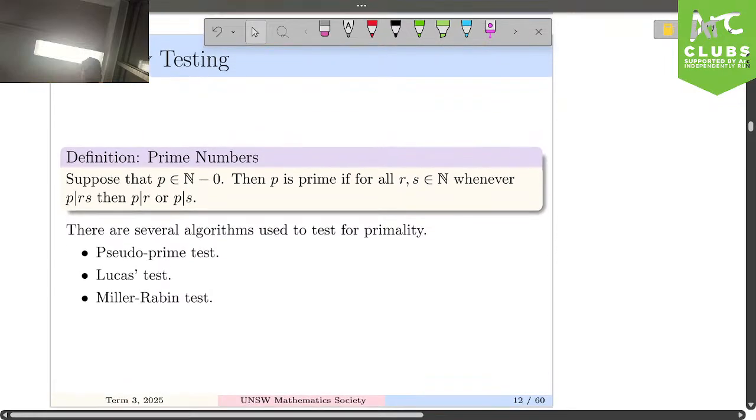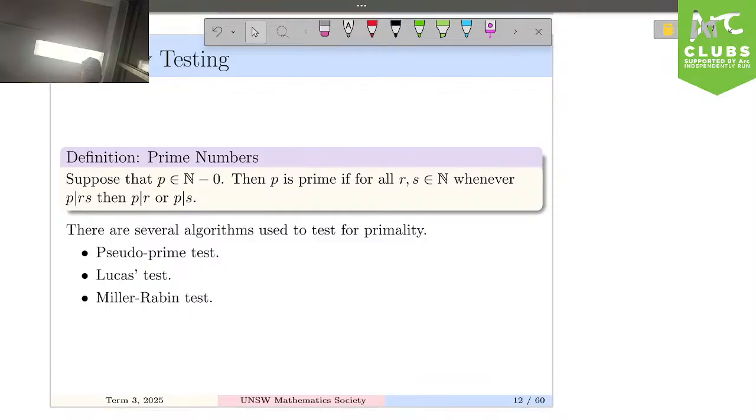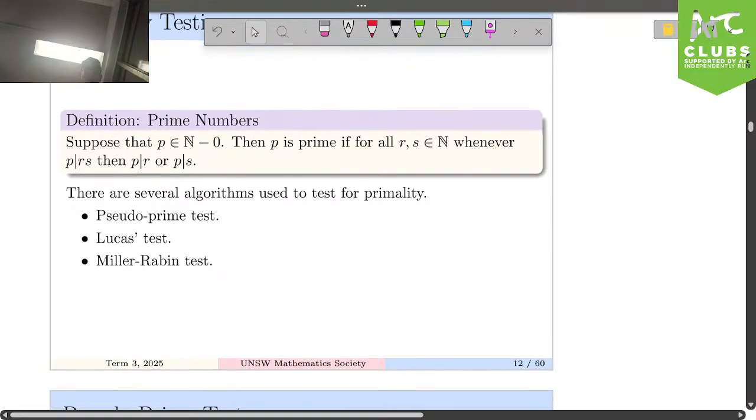All right. Next section, primality testing. The slides for this section were actually wrong last year and the year before. I've corrected them, so let's have a look at this. This is the definition of a prime number. Not super useful, but for those interested in pure mathematics, this will come up again when you take third year pure math, and you look at it in a little bit more of a general sense.